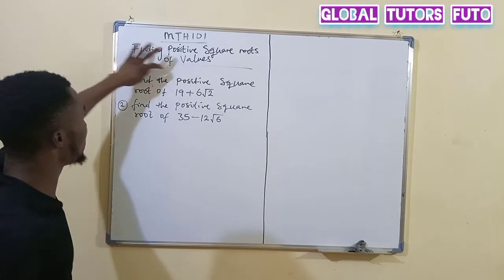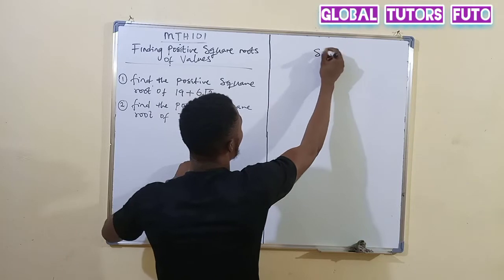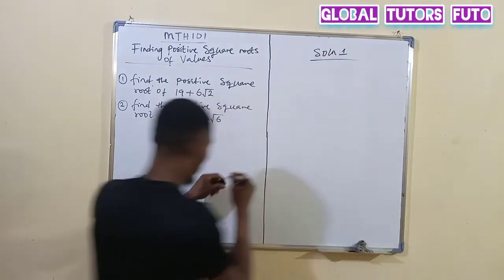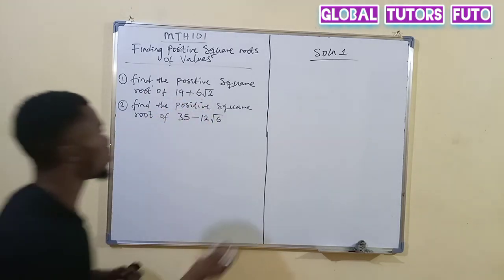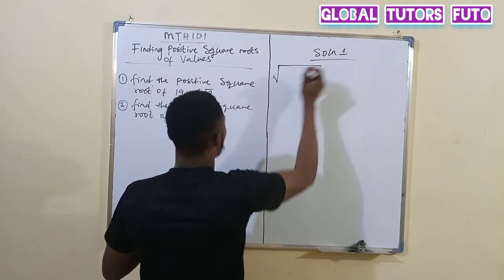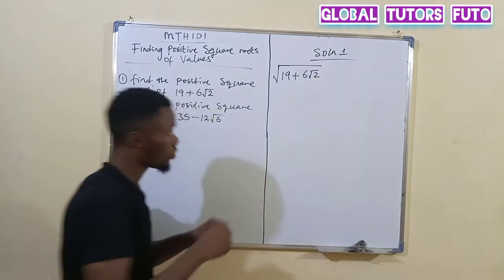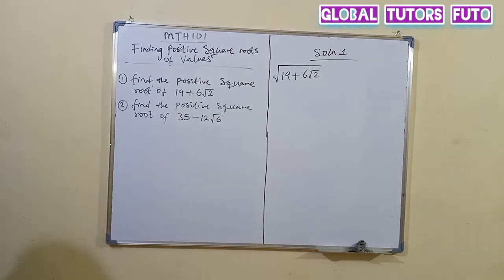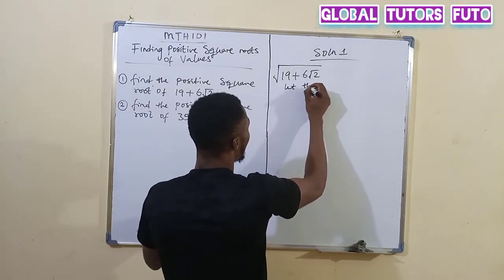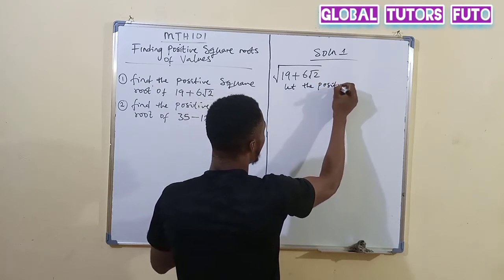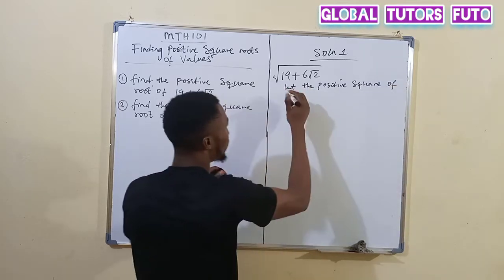I am asked to find the positive square root of this. So solution number 1. We are asked to find the positive square root of 19 plus 6 root 2. Find the positive square root of 19 plus 6 surd 2. So let the positive square root of 19 plus 6 root 2 be